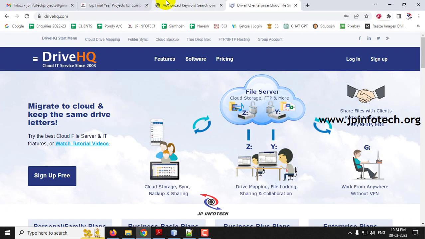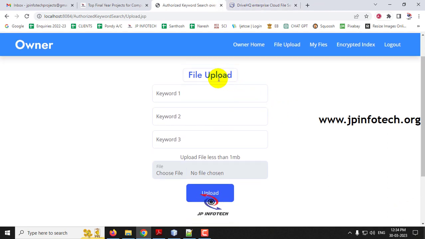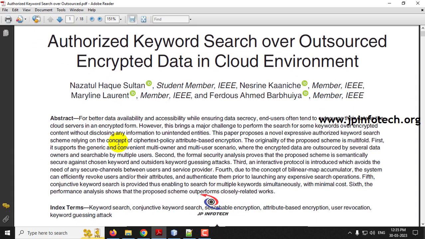So now I have entered my username and password of the Drive HQ. So now let me upload a file. So here you need to enter the 3 keywords. So now let me enter the keyword as IEEE Cloud Project. So let me name this like this, and